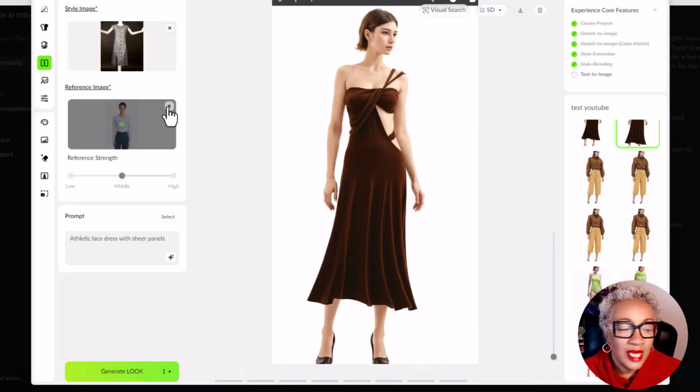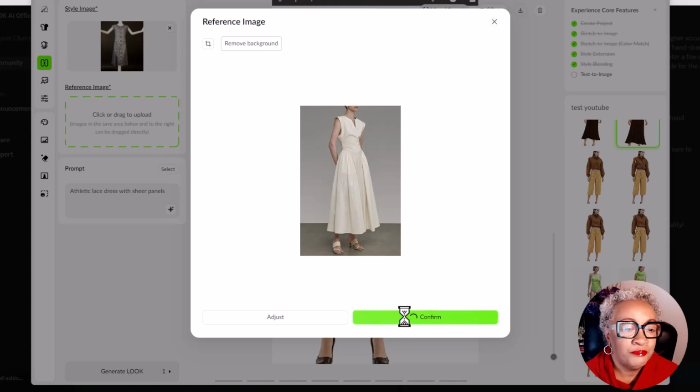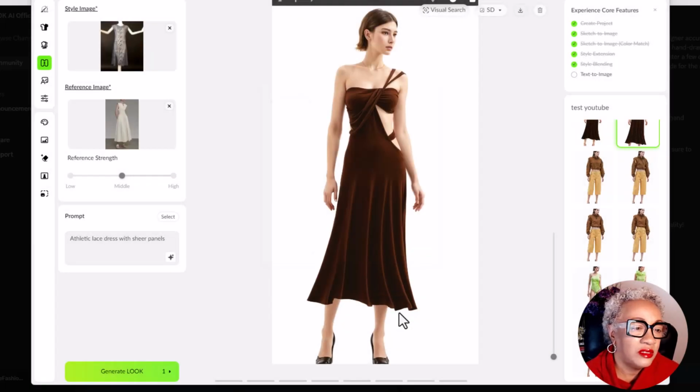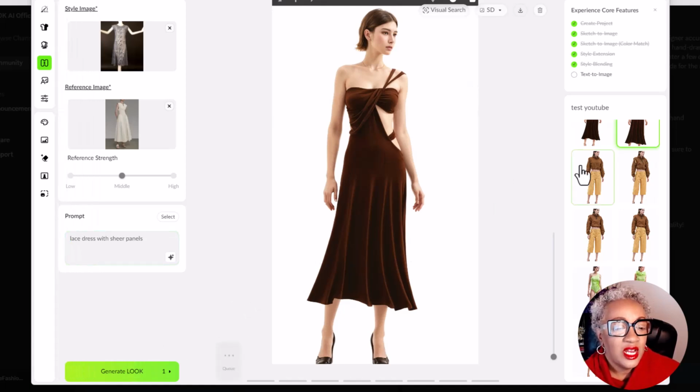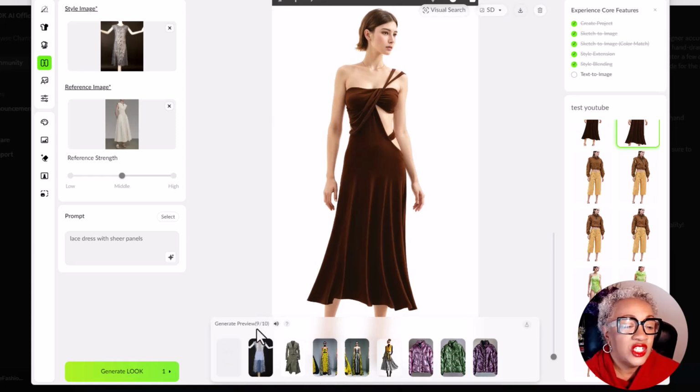So I do like the style blending, and I'm just going to switch it up with a different set of dresses and see what it gives me. I think it's something that you can play around with. I mean, the concepts of fashion AI, you have to kind of understand that it's about iteration. It's about how many different